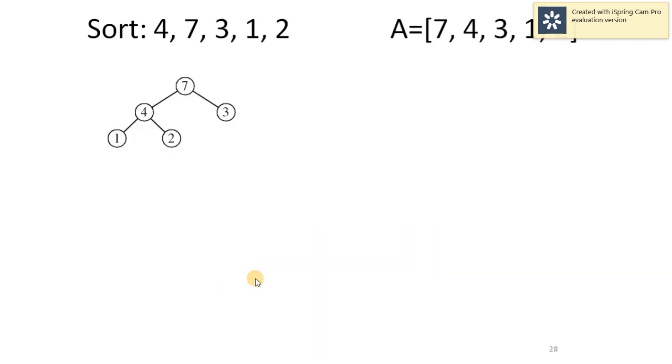So once we have created the max heap for the given array, I have to execute the rest of these steps. And those steps are we have to swap the root element with the last element of the heap. So 2 and 7 will be swapped. Then we have to reduce the heap size by 1. In order to show that in the diagram, we have simply eliminated this edge which was existing previously.